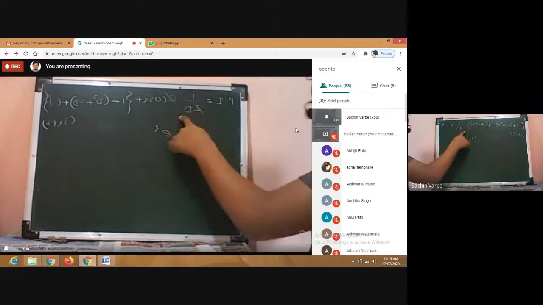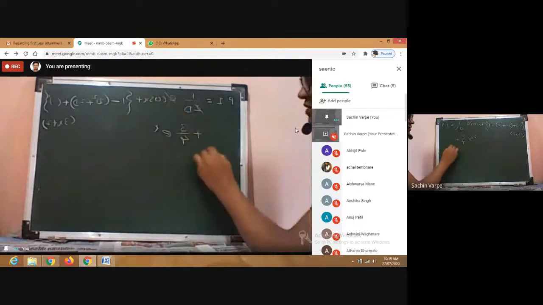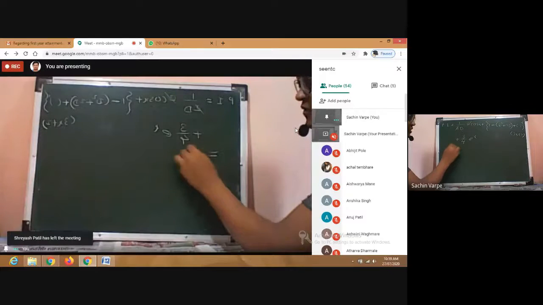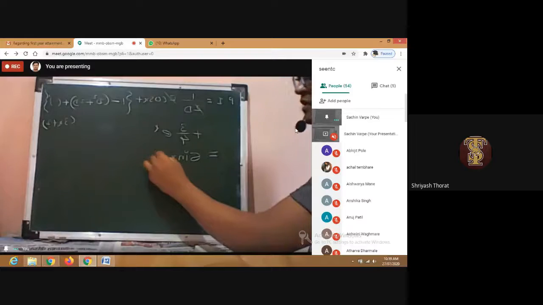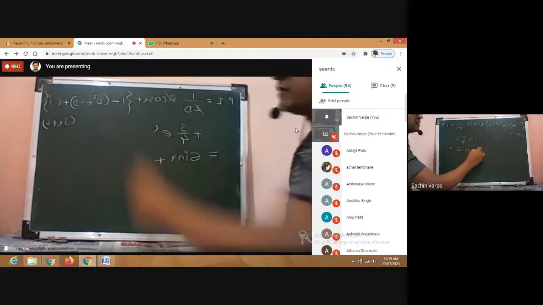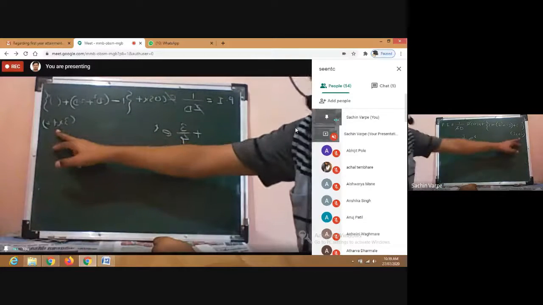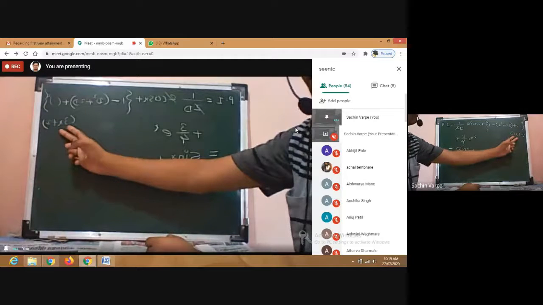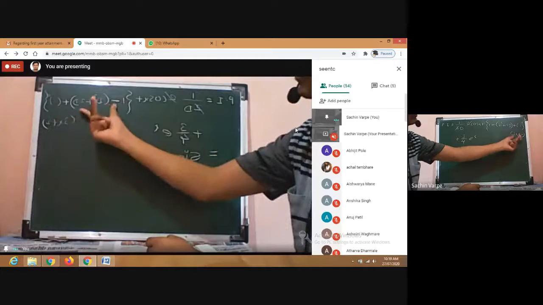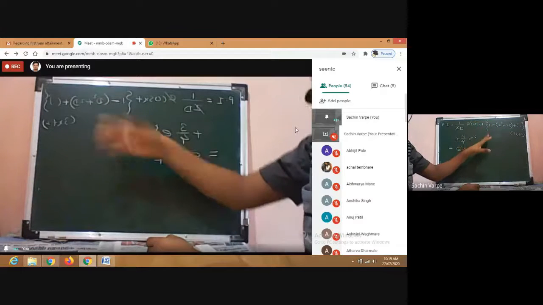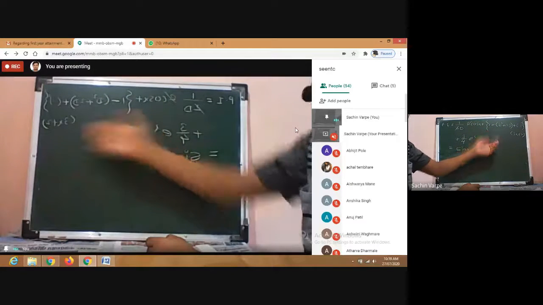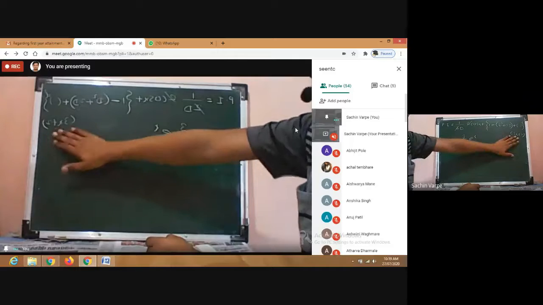1 upon d means integration. What is integration of cos x? Integration of cos x is sin x. Plus sin x. Plus, now here, what is the degree of this polynomial? Degree of this polynomial is 1, isn't it? So we'll consider the terms in expansion up to power of d is 1, isn't it? We'll consider the terms up to d, because d square and further all derivatives are getting 0 of this, isn't it?